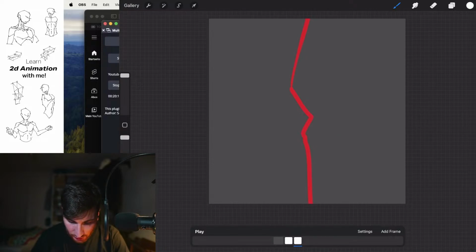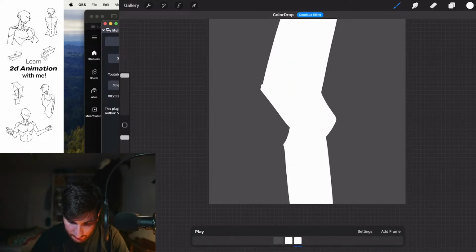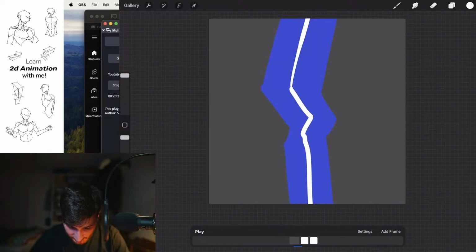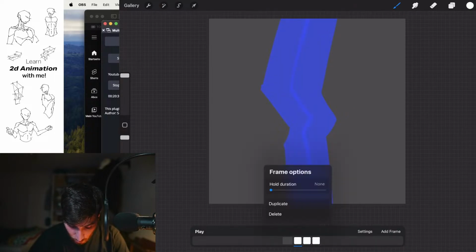I can turn on my onion skin. And now let's make this lightning bolt here super thick. We're starting super simple here. Also, for me, still exploring it, making everything white here. And then I'm creating here a new layer in the beginning, which will be empty, but I will say